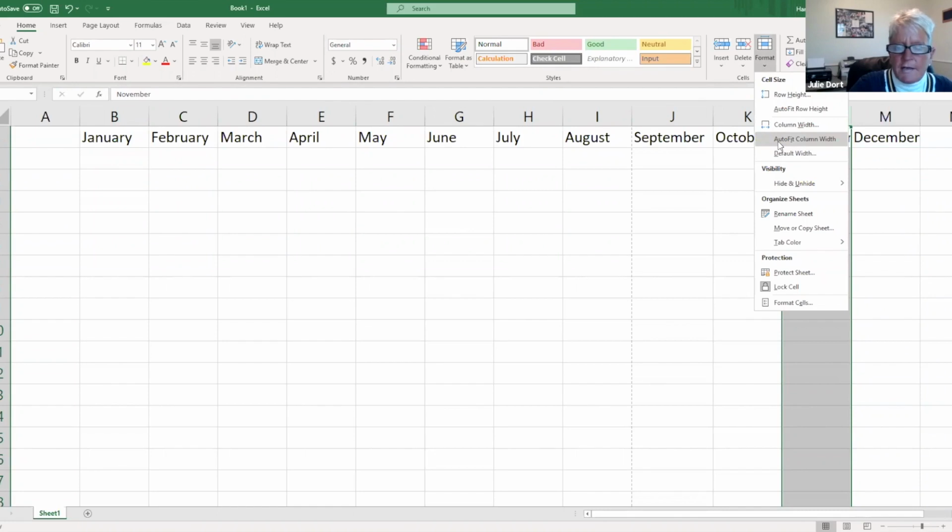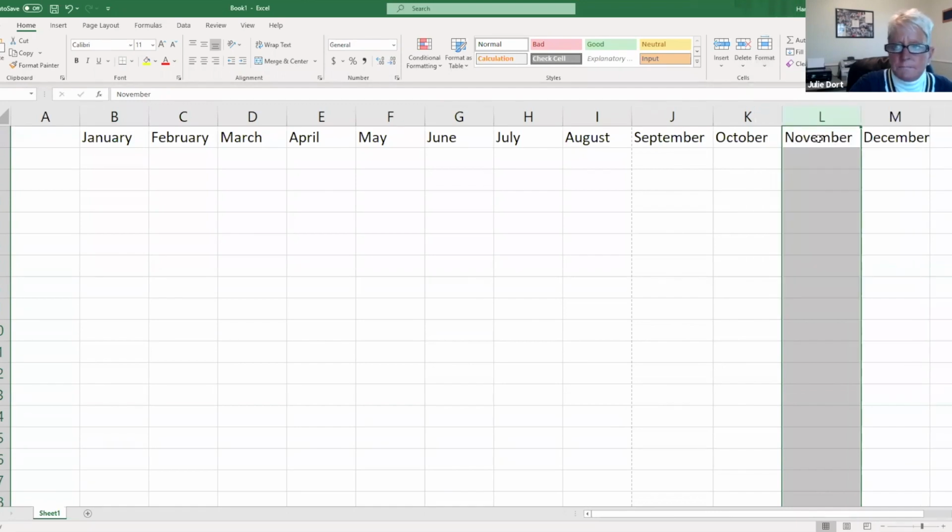So like I was saying, Excel is very intuitive, and if I don't want to decide what number should be typed in for the column width, I can just go to auto fit column width, click on it, and boom,